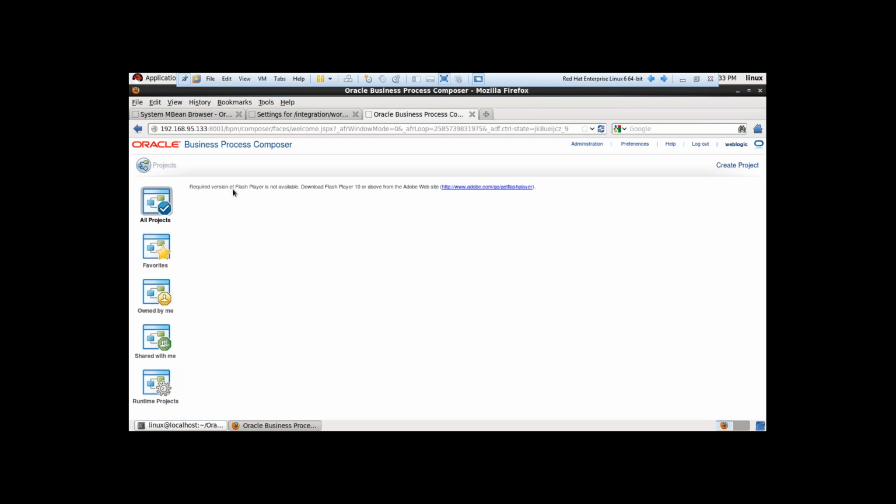Coming to the BPM business process composer, this is another console which is available for the BPM suite. So what can we do in this? You just click on all projects, and create a new project. Whenever you want to create a new project,